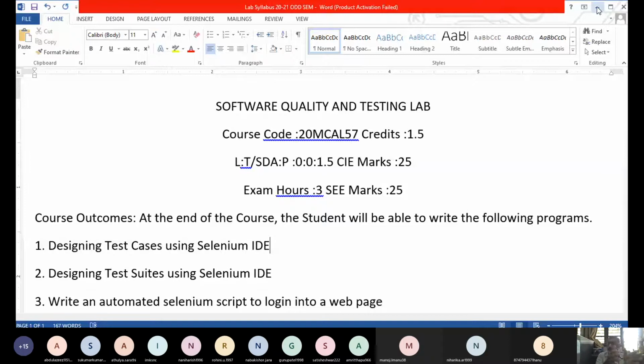we are limited in the lab, whatever experiments are there, 10 experiments we have to do, we will concentrate on this, and I hope everyone will understand how the entire Selenium architecture works. Initially we start with a few small examples, and later we will go on to really good examples.